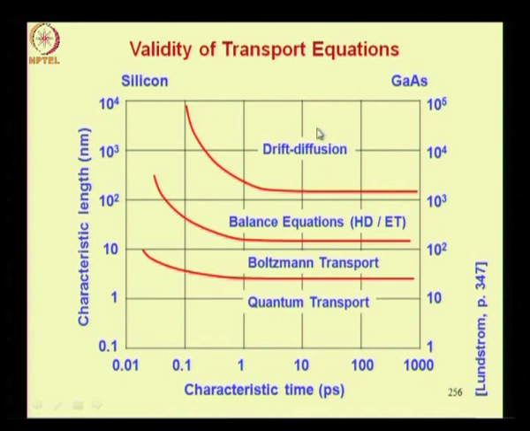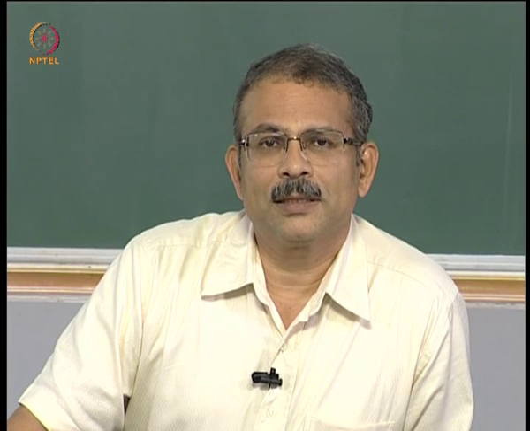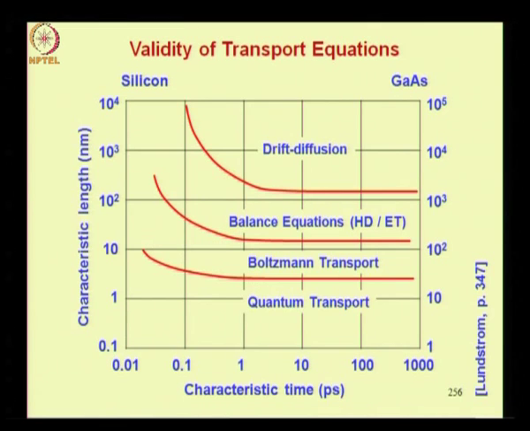Note that in this drift diffusion model, we have considered the velocity saturation effects also. So we are looking at a drift diffusion model with field dependent mobility, right. Really speaking, this balance equation regime is being used for modeling phenomena such as velocity overshoot. So what we find is that even a 1 micron gallium arsenide device can exhibit velocity overshoot effects, and therefore you will have to use the energy balance equation for modeling modern gallium arsenide devices.